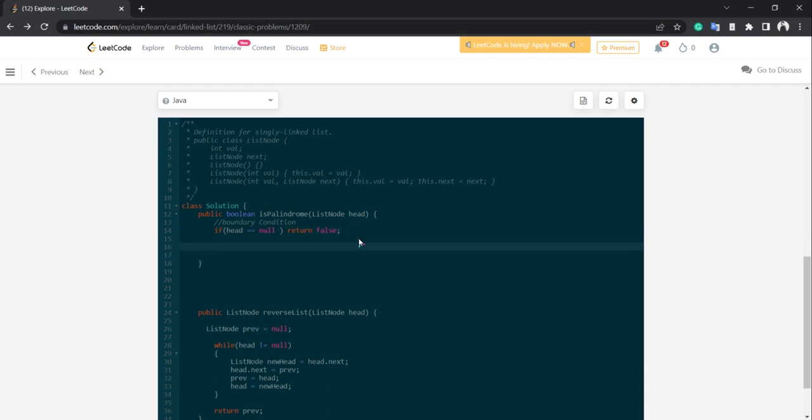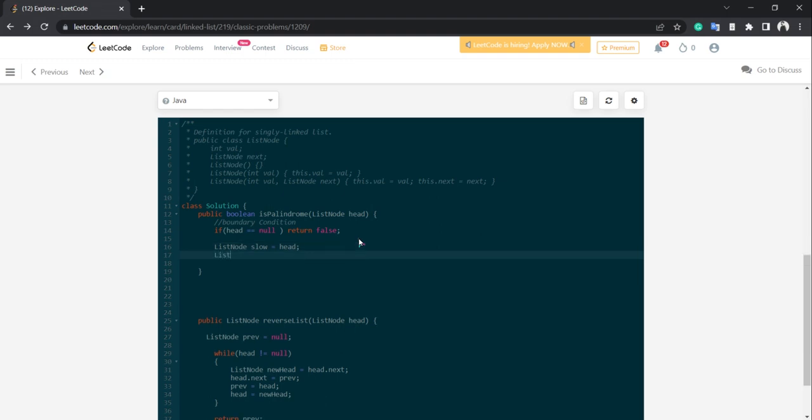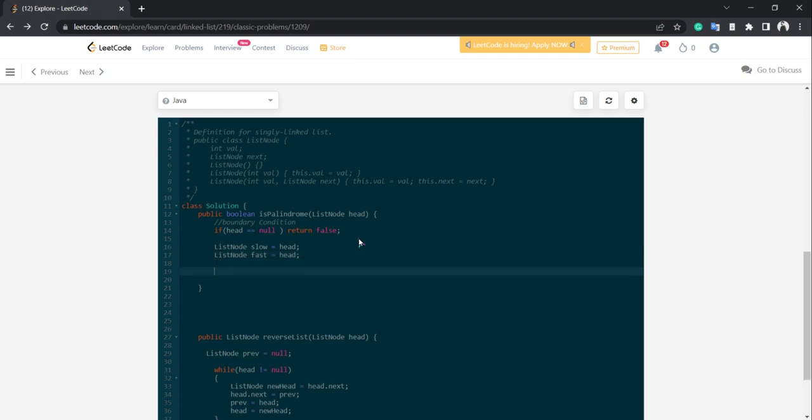So here what we are going to do, we are going to introduce a node, let's call it slow, and I'm going to initialize it with head. And similarly, we are going to add one more pointer, which is known as the fast pointer, and we will initialize it with head only. Both are starting at the same position, but one will run with double speed. So the one going with double speed will finish first, so we need to check the null condition for that only. So fast equals null,